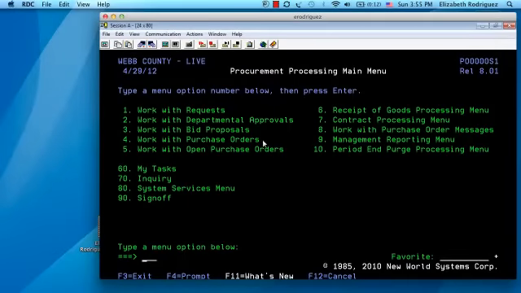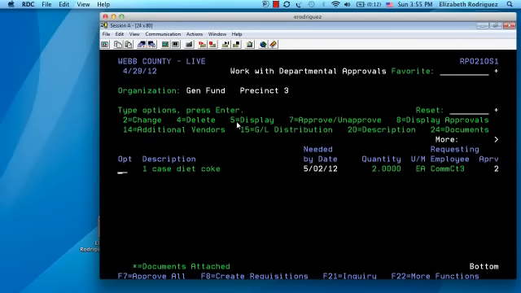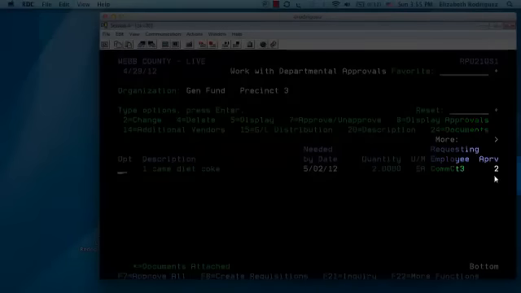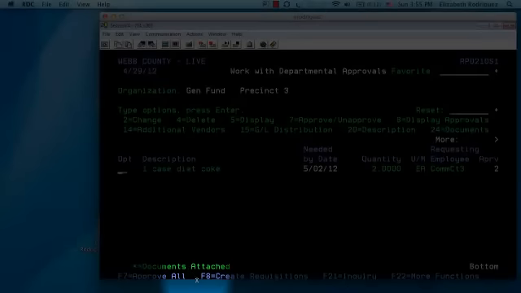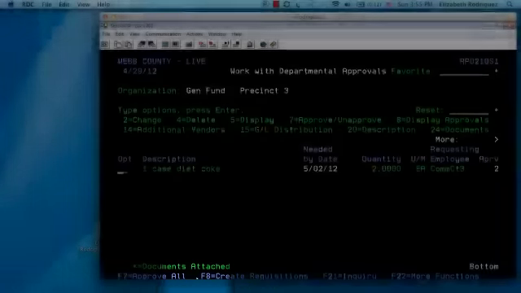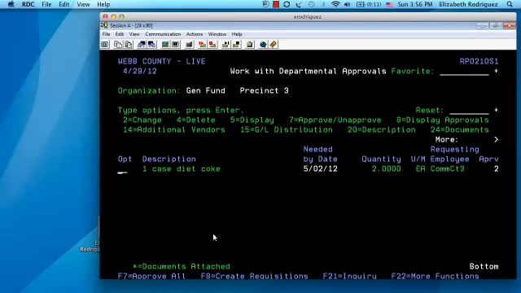Once I do that, I'm going to go to work with departmental approvals, because I want to see, has my order been approved yet by my supervisor. So I'm going to choose option number 2 and press the enter key on my keyboard. Once I get there, I see that my order has been approved because it has approval level number 2. So I'm ready to continue with the next step. My next step is to create a requisition. If you see here, function F8 is create a requisition. So I want to choose function F8,